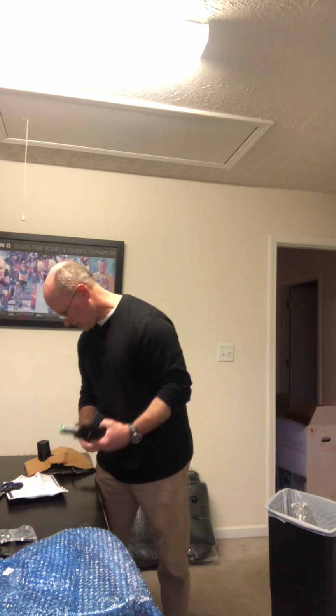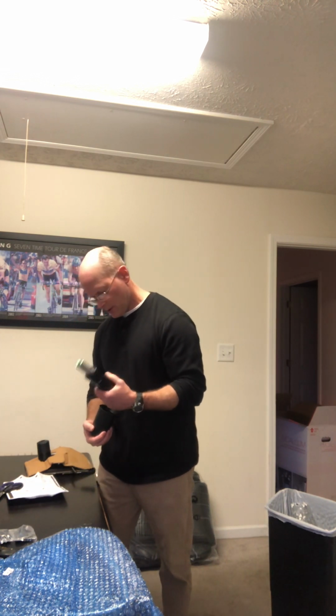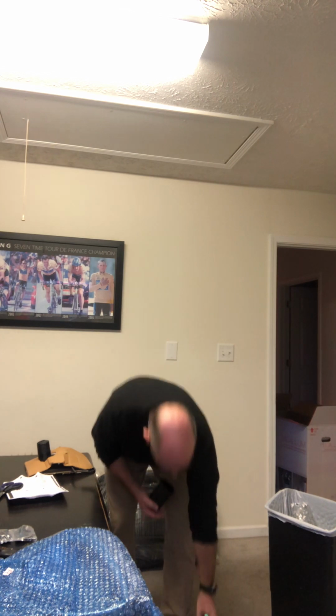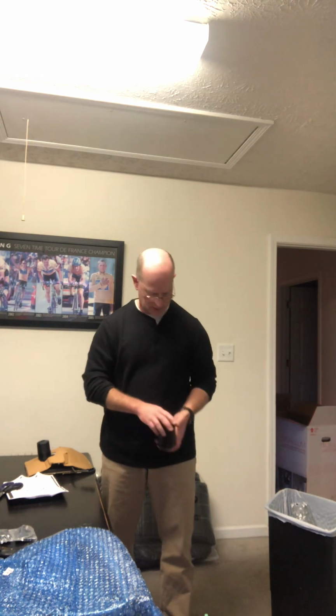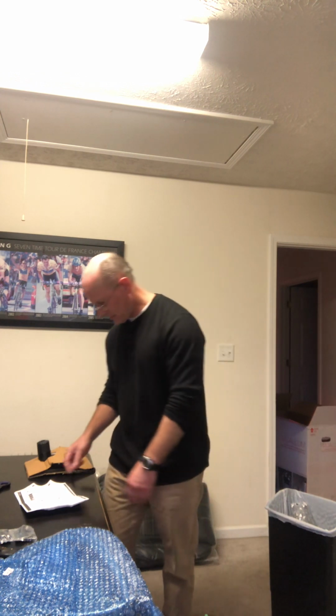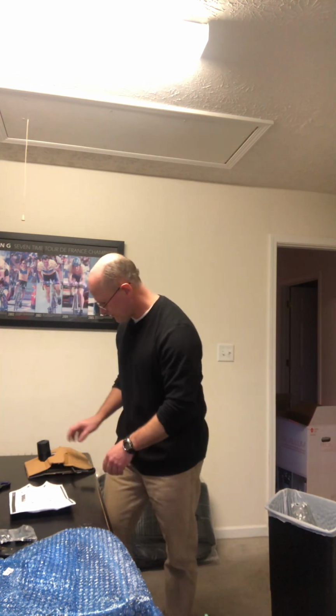So then you take this and you put, believe it or not, the little green top, the small end on top, and then this black part you put down into the base. So you just slide that in just like that, easy. Then you put your little telescoping cover right over top of your little gas lift thing, and that's step number 1. Step number 2, you take the base of your seat,